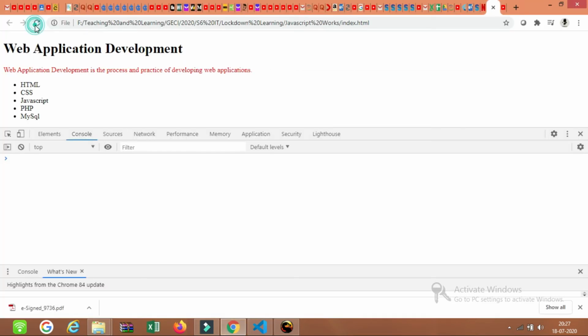I will refresh this page. If the code is working correctly, whenever I click on this h1, an alert message should appear. Let's check. The alert message appears, welcome to my page. That's a simple example of event handling.